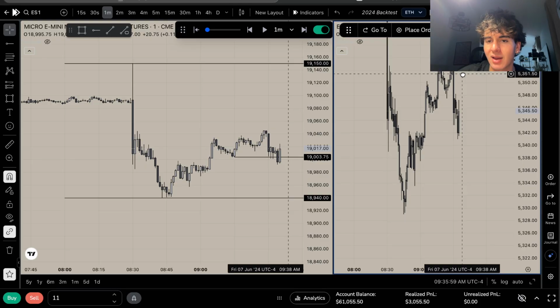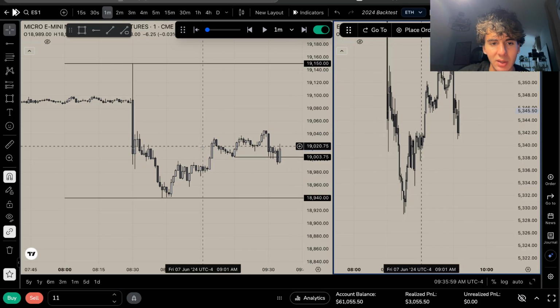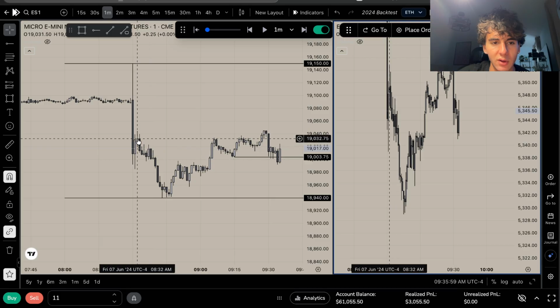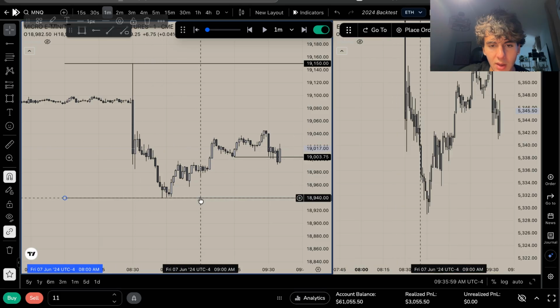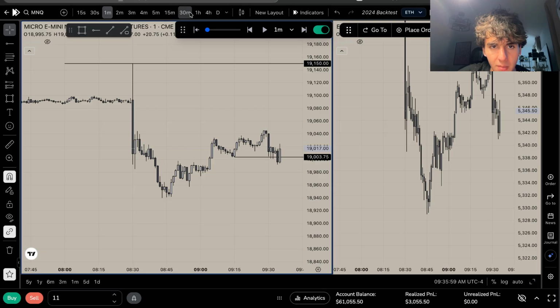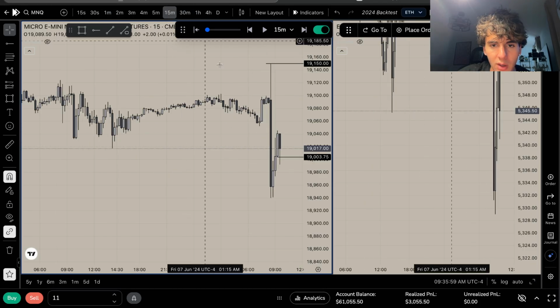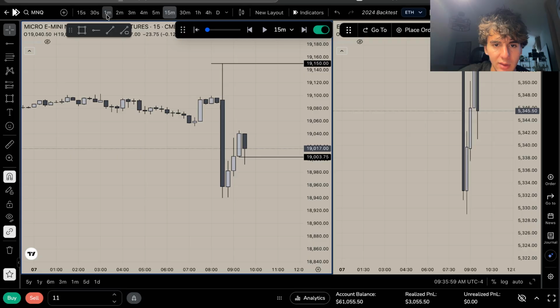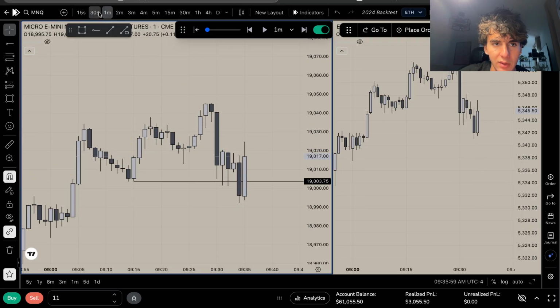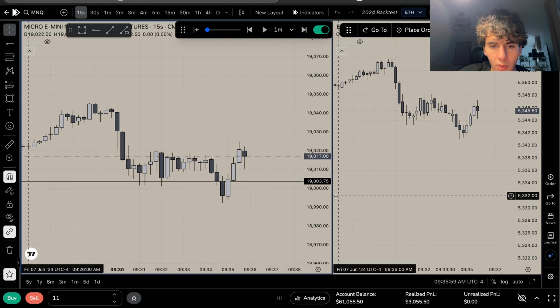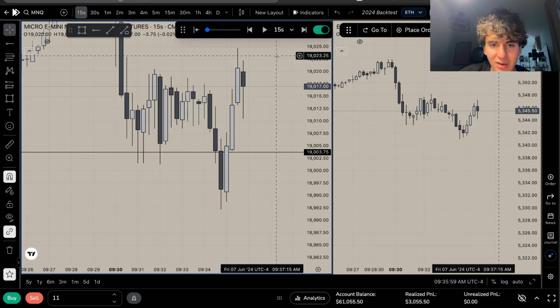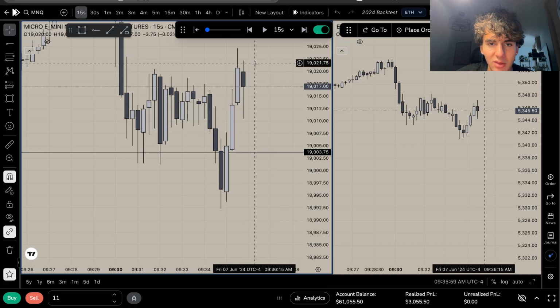Ideally I want to see data highs get taken. We already did take the money, or data lows, sorry. We did take data lows, so I just had it marked out off of this, which is wrong. But yeah, data lows are already taken. So technically this 15 minute IFEG here would be valid. All we have is this 15 second, which I low-key already skipped past.